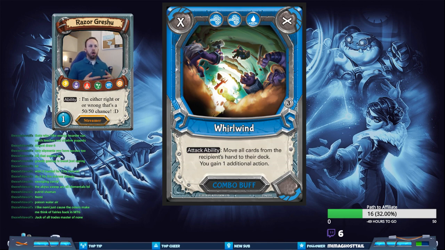And if they don't, that's more cards that they drew, did nothing, and then you Whirlwind and remove everything back, and they have to start all brand new, fresh. I think this is going to be a lot of fun. It's a very hate card on the more controlling archetype, so I think this is a combo that you actually